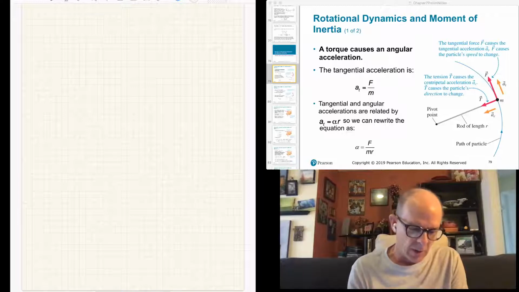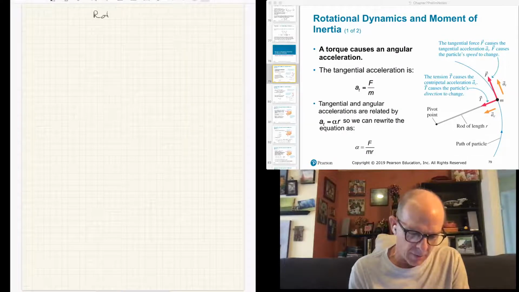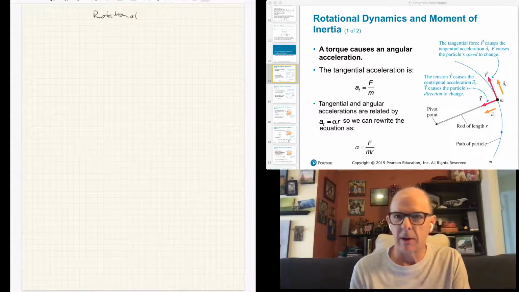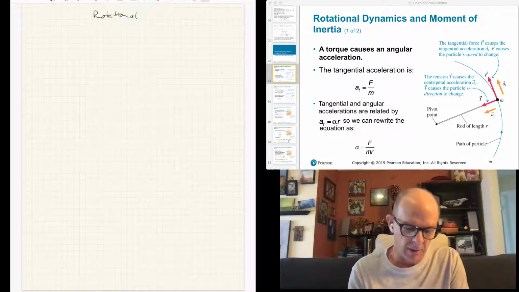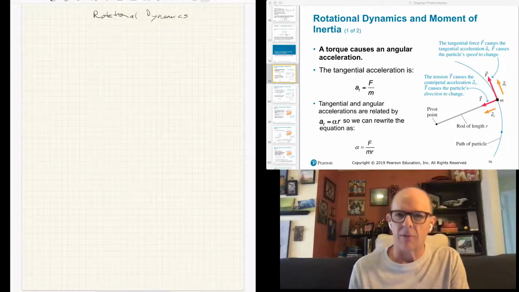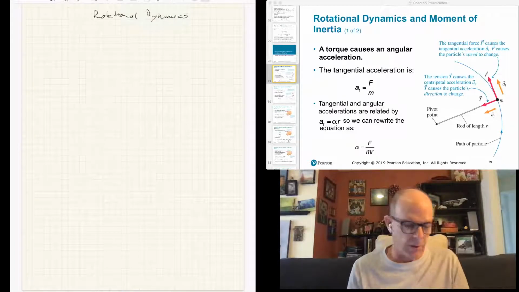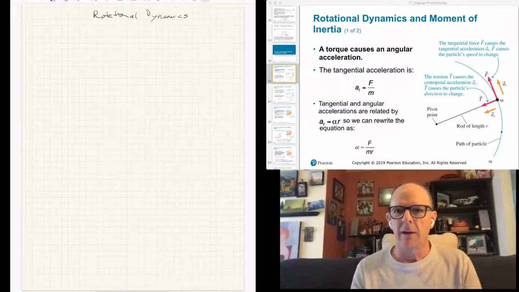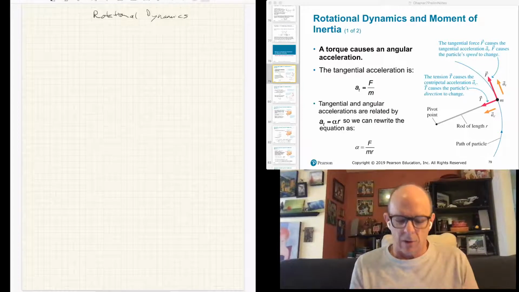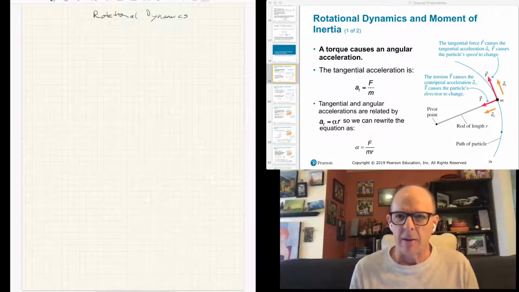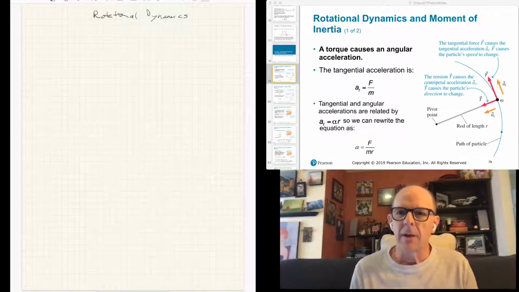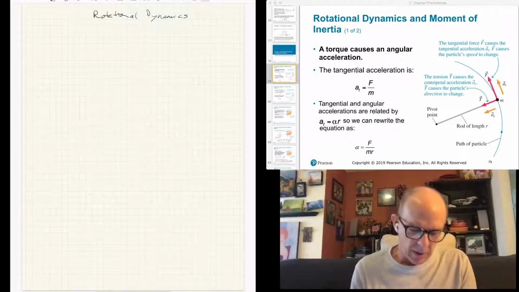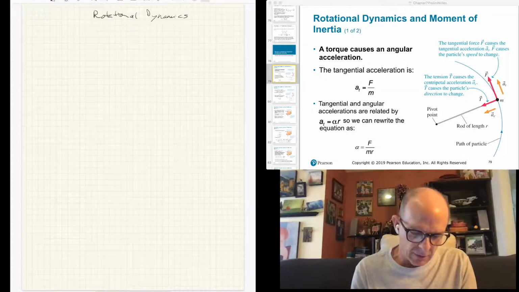And so we remember that for linear dynamics, we were basically using Newton's second law. And there's a version of Newton's second law that we can apply to rotational dynamics. It's basically paralleling what we learned for linear dynamics in chapter 4. So remember that we have already described